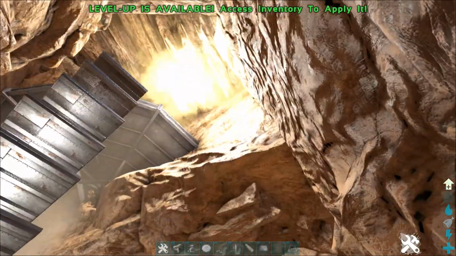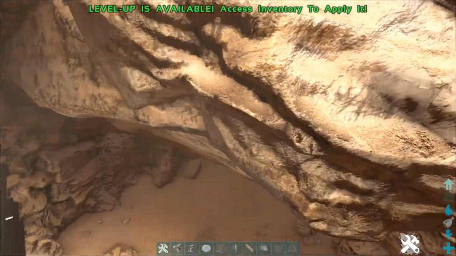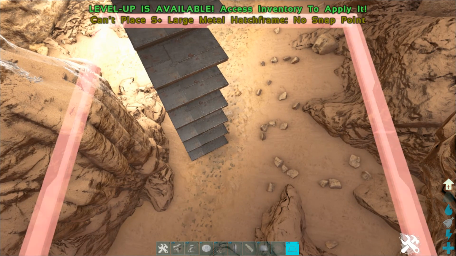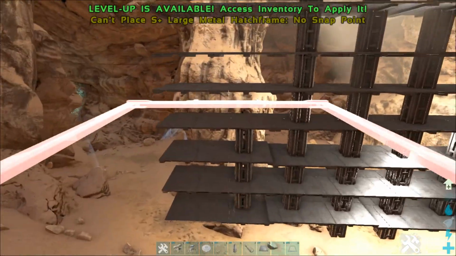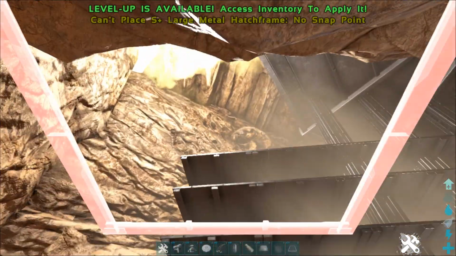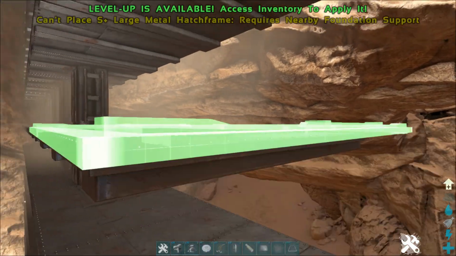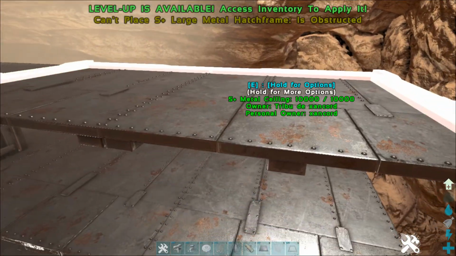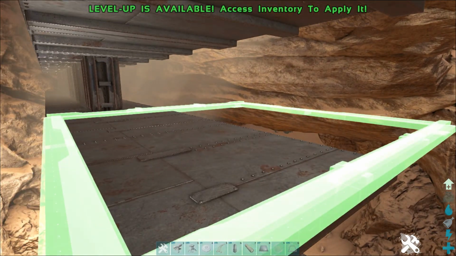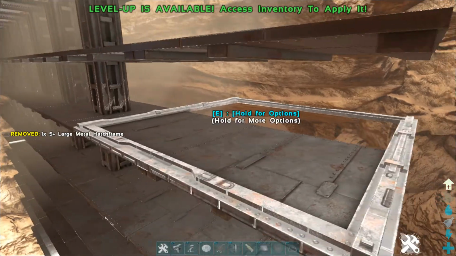Like if we had a cliff platform here, we could just place pillars under and try to put some turrets aiming in the angles, but well, it doesn't really matter. Okay, now let's place the hatch frames. So if we place it here,